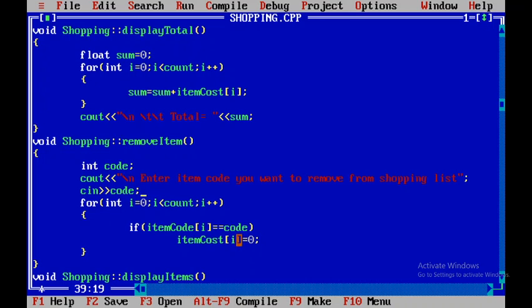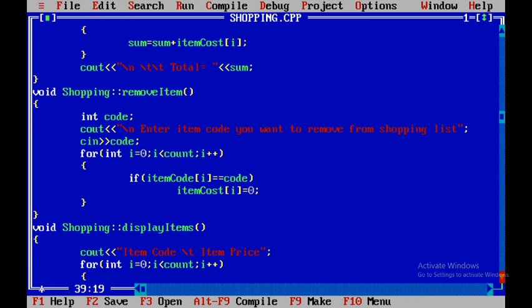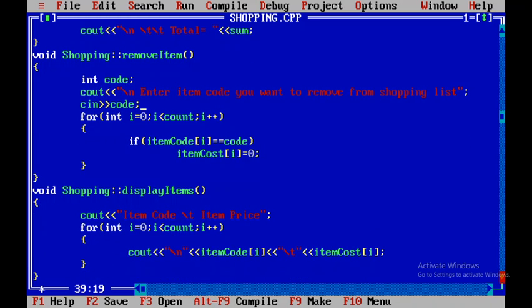So when the code match is found, we will make its atom cost 0. Suppose it is atom cost of 4, we will make it 0. That means that cost can get reduced from the final total. So this is about remove atom.